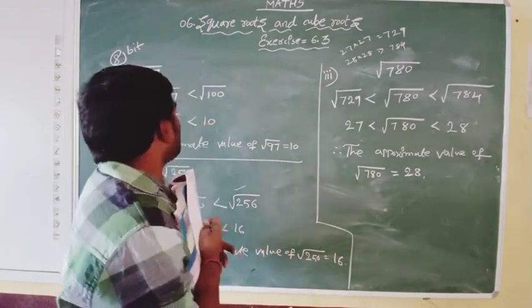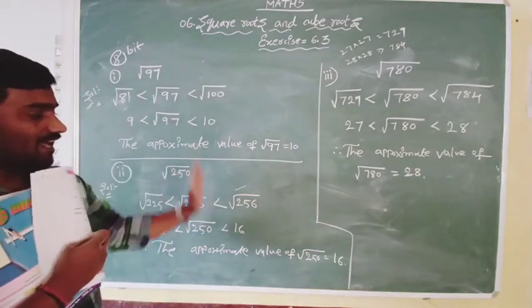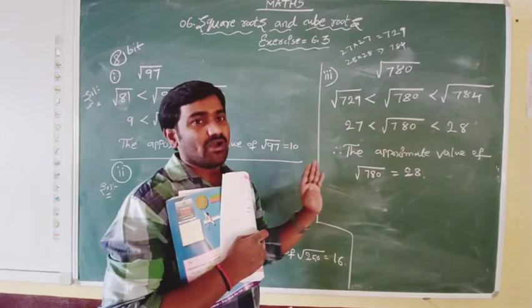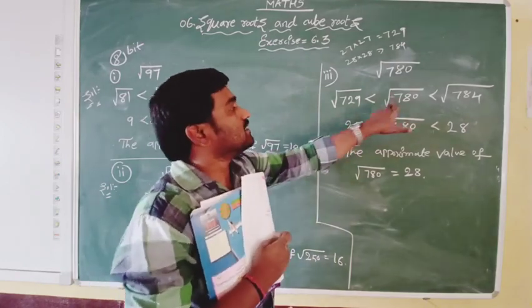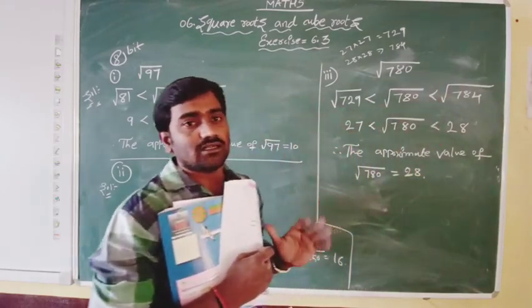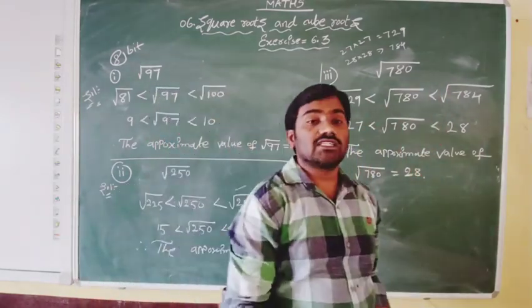You should not think that we always get the right hand side answer. Sometimes they may give the left hand side also, it will be near. We only need to compare whether this number is near to this side or that side, left side or right side, only that. Okay, this exercise is completed.